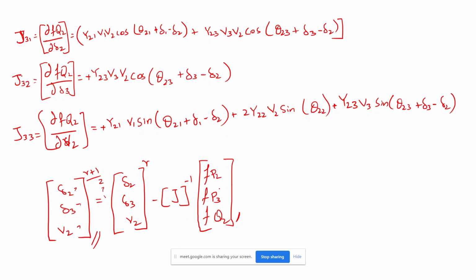The only thing here is we need to find out the inverse of the Jacobian. Finding the Jacobian equation or Jacobian matrix is easy, but we can't just multiply the matrix. We need to take the inverse of the Jacobian matrix and multiply it with the actual or specified values. These are all the known values to us. We need to multiply this with the Jacobian inverse matrix, then we will get the value. Any doubt in this?